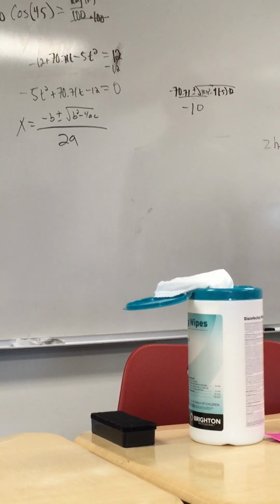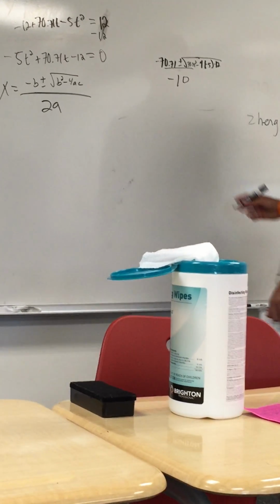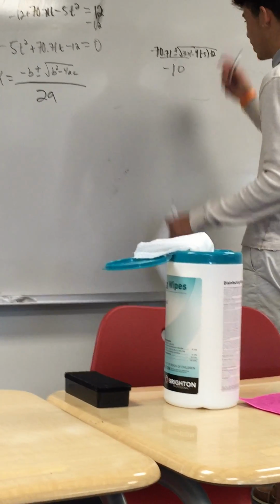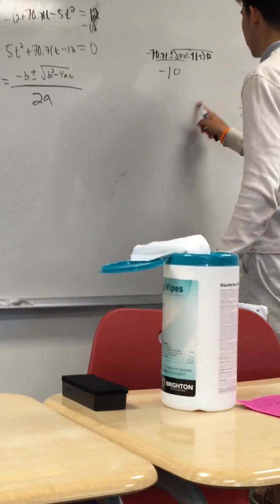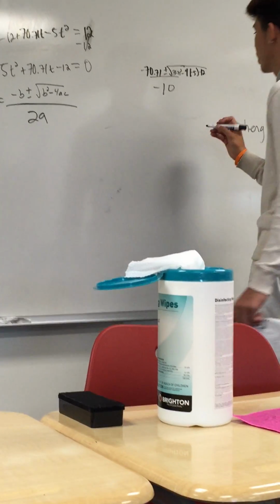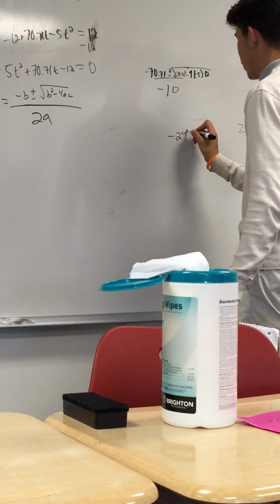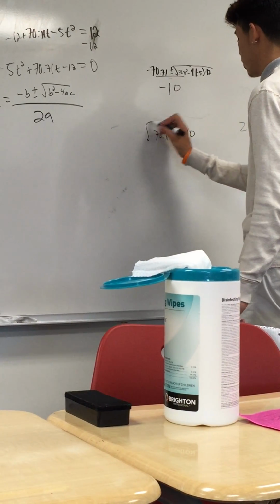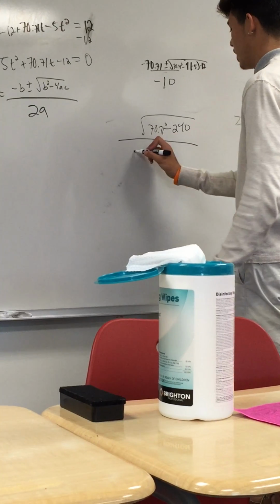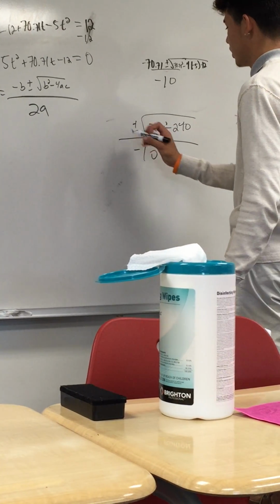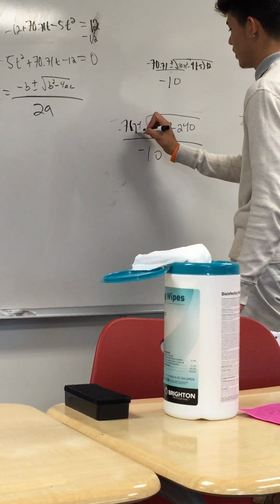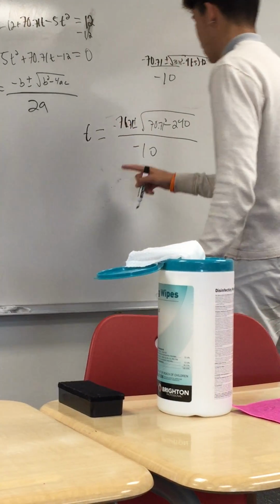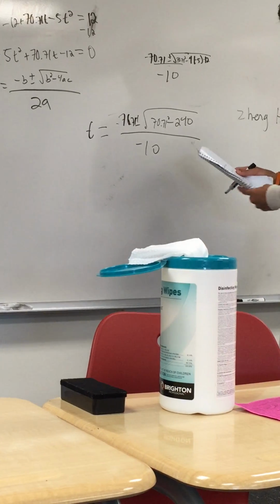So that will be negative 240. So this will be negative 240, 70.71 squared, square root of that, all over negative 10 plus or minus negative 70.71 equals t. When we put all that in the calculator, we get that t equals